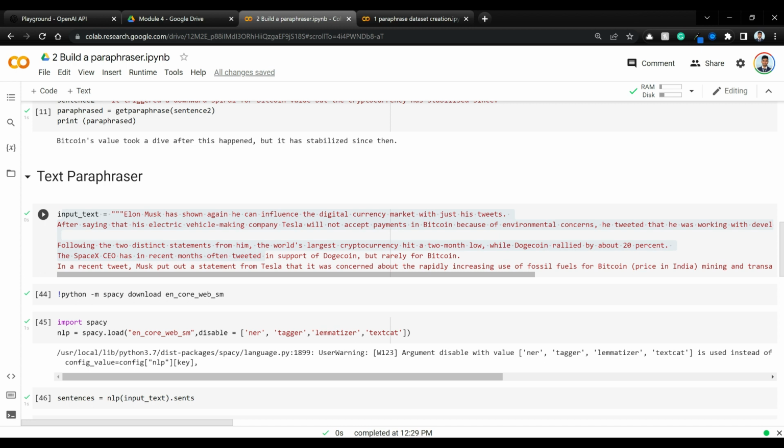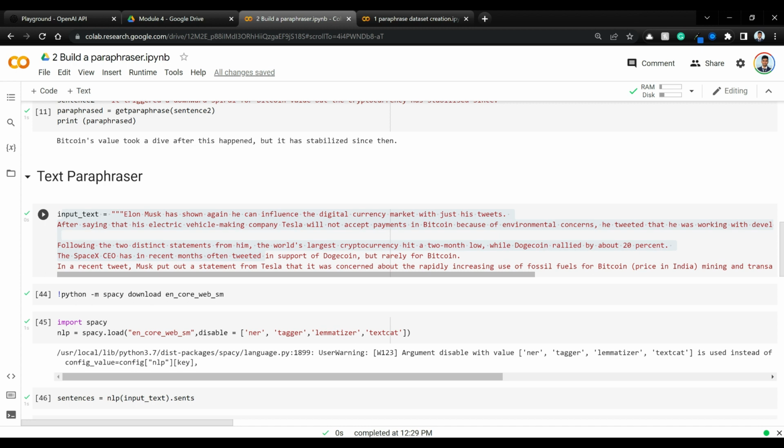So you can have a left input text box with all the input text, and automatically with one click you can paraphrase that input text completely, all the sentences, and then show it on the right.